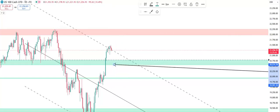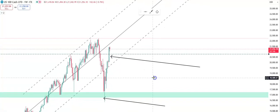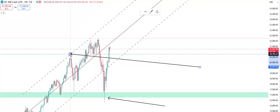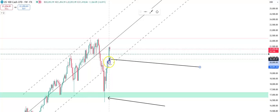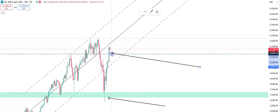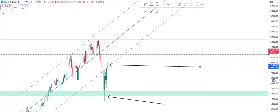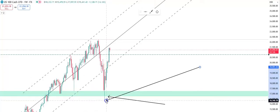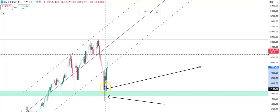I'm just looking on the weekly again and the monthly, which is why we're looking at this 20,800 zone over here. So we look over here, we have the previous 20,800, previous resistance. Price got above, acted as support. Price got back above, beautiful strong push back above this level, and we're looking for a retest of this level as support. So most importantly about this weekly was we saw that when price obviously bounced on this key level over here, previous resistance, 16,300, beautiful weak bullish candle off this level, but when price dropped here, it broke below